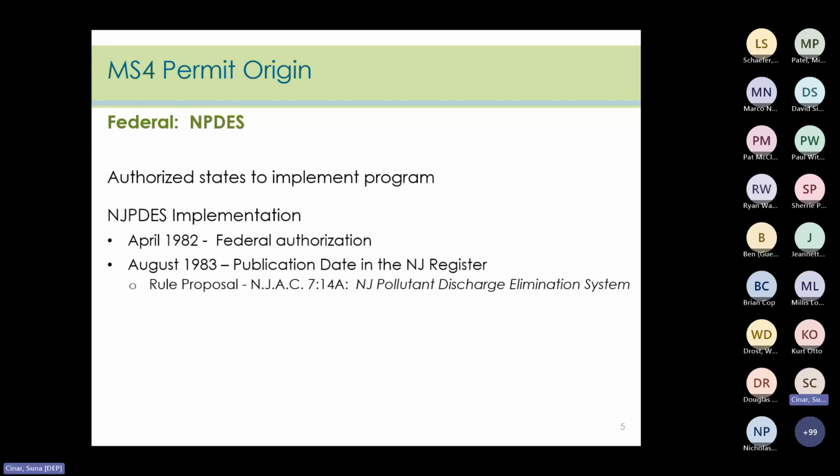NPDES also established the requirements for what a state must do to obtain approval to implement and operate its own program. New Jersey received federal authorization to implement various NPDES program components in 1982, including authorizations for a state pretreatment program to regulate federal facilities and issue general permits. This program is known today as NJPDES. This is the framework through which the New Jersey DEP regulates the discharge of pollutants to the surface and groundwaters